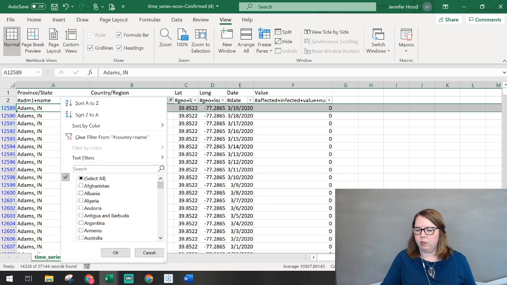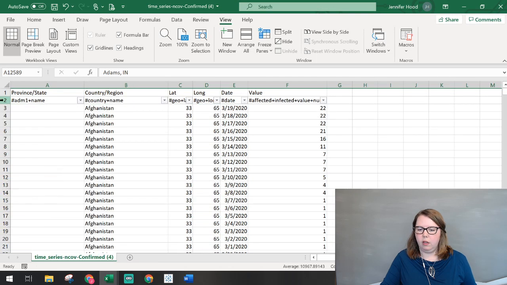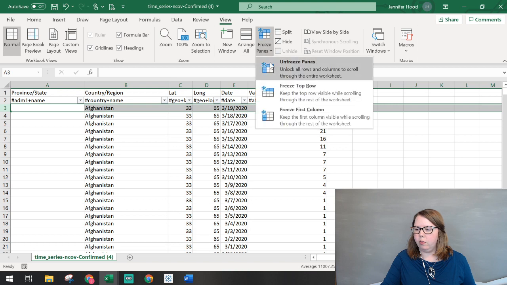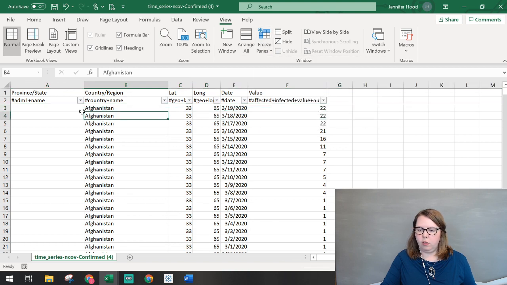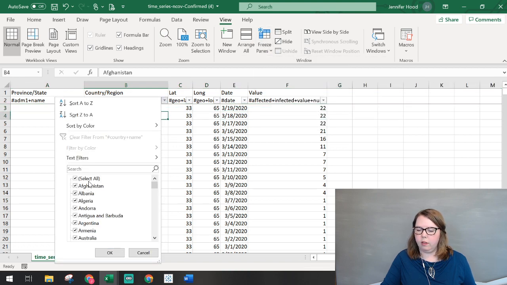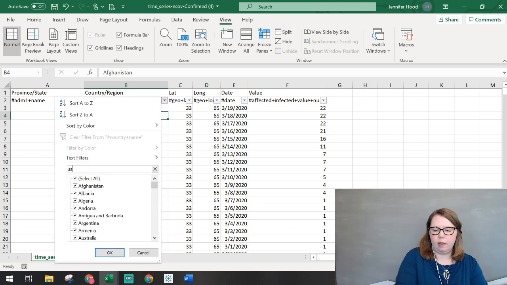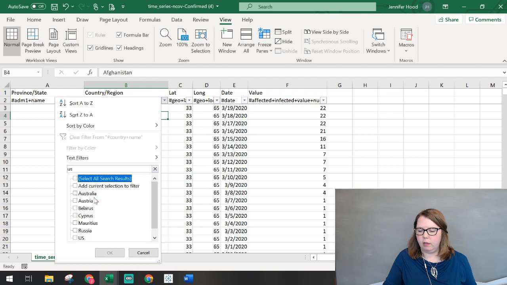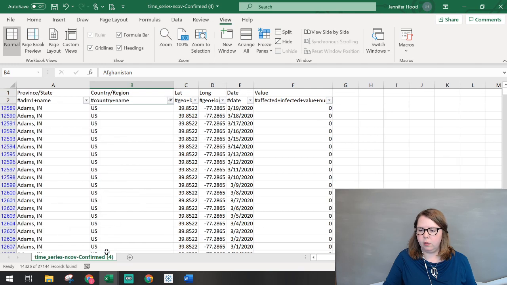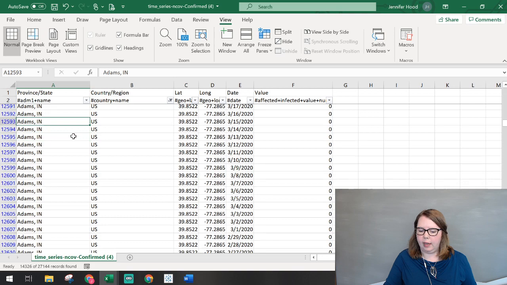Let me unsort this and freeze this. There we go. Okay, now if I sort on US again and we start to look at it, we start to see some things we would expect to see and some things that we wouldn't expect to see. So we start to see this county level.